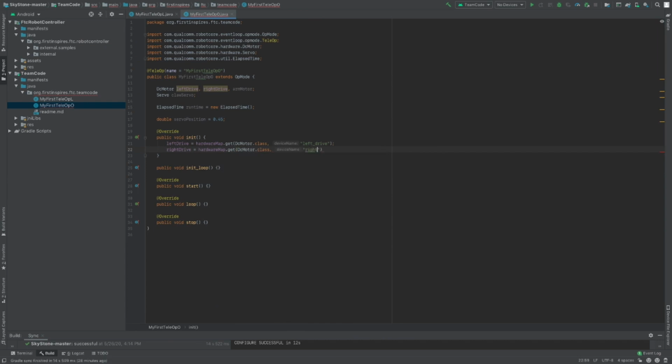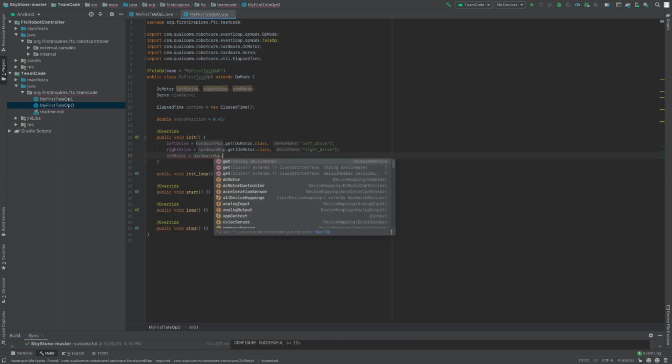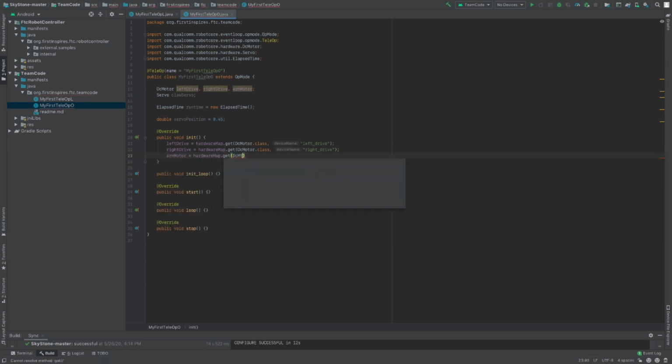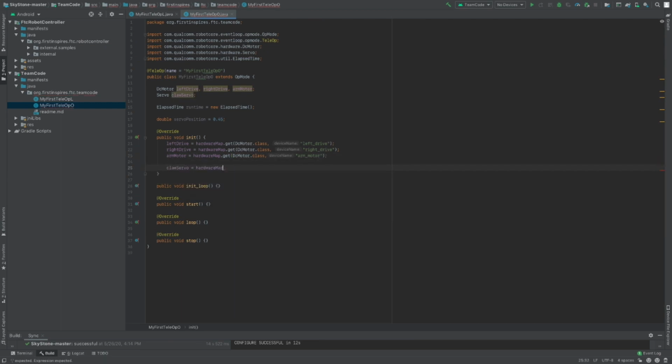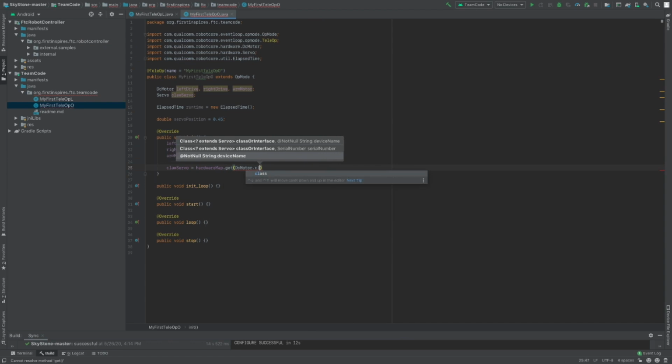Right_drive. Arm motor equals hardware map.get DC motor.class arm_motor. Claw servo equals hardware map.get DC motor.class